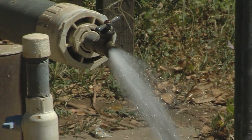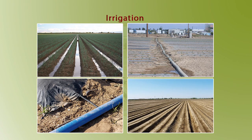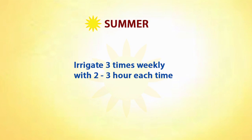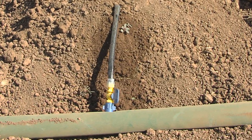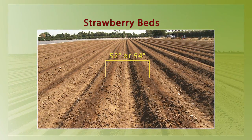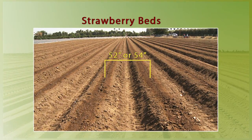Regulating how much water to use can be tricky in the beginning until the farmer determines how frequently and for how long to irrigate. In the summer, strawberry farmers typically irrigate 3 times per week for 2 to 3 hours at a time. T-tape is one kind of drip tape farmers often use, and on an acre of strawberries spaced 52 or 54 inches between rows, you would need 1 to 1.5 rolls of a 6 mil tape with an